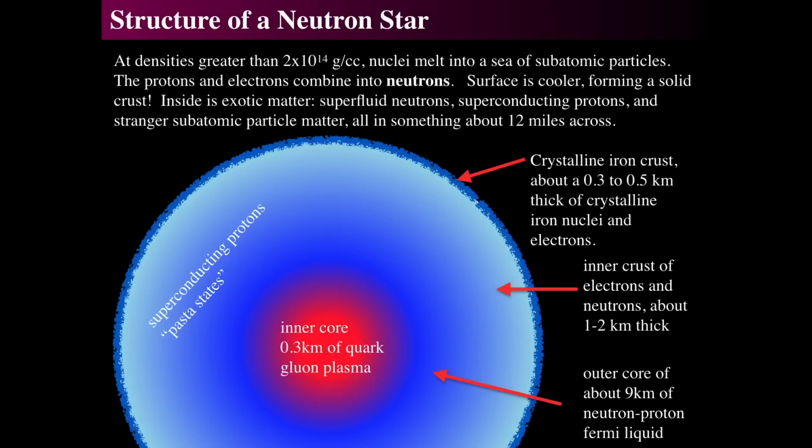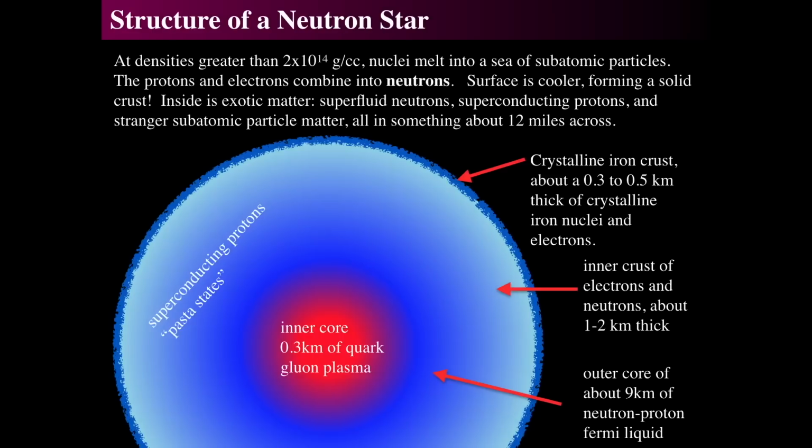And it is a thick crystalline iron nucleus crust with electrons that go around. So you get basically a hot ionized gas of 1,000,000 Kelvin. And it's a hot ionized gas that's a solid, which is really weird to think. Is it a gas? Is it a crust? What is it? It's kind of a weird thing. Inside of there is an inner crust of electrons and neutrons about a kilometer or so thick. And then there's an outer core and an inner weird core. And there should be these weird superconducting states. But